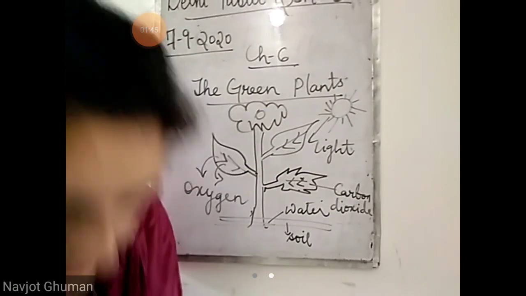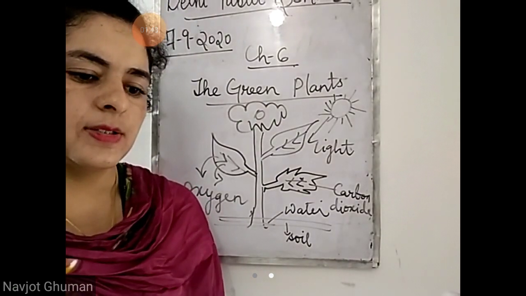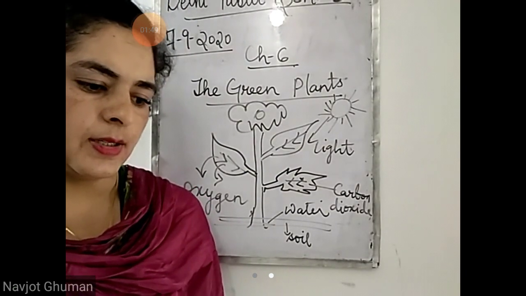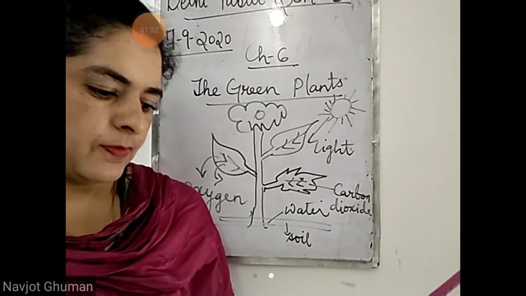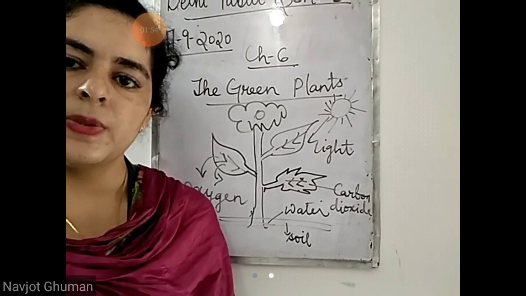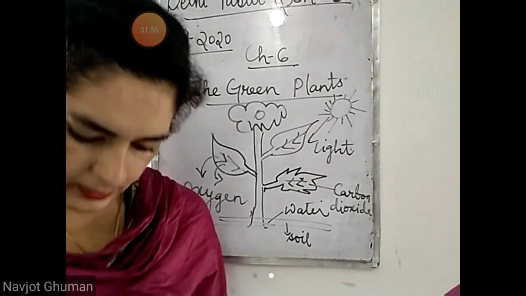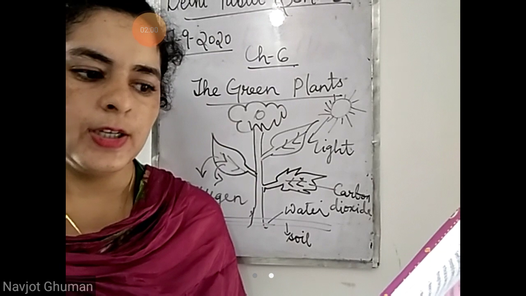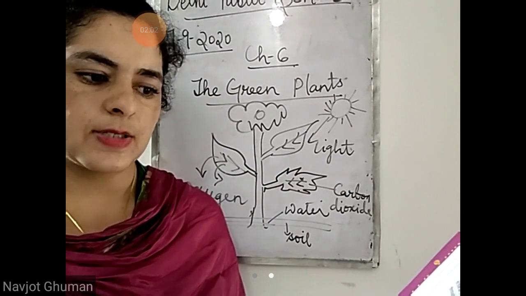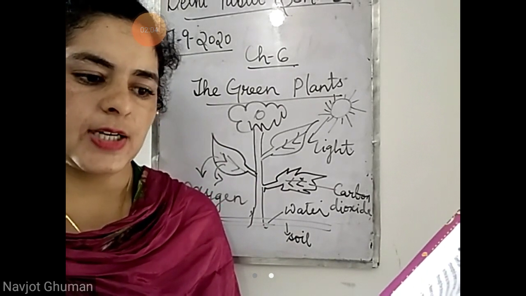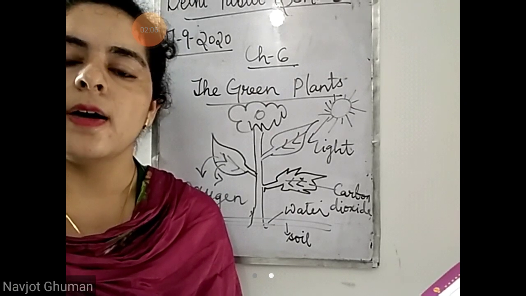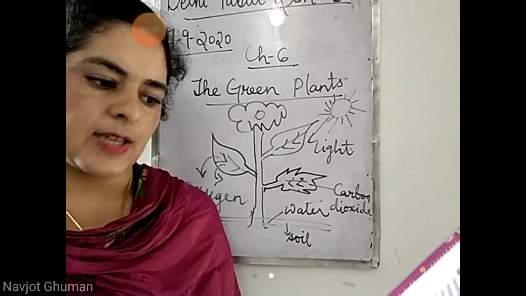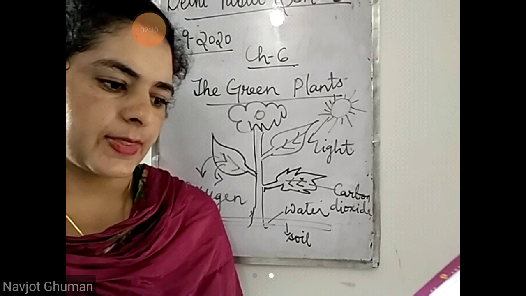So till now we have read about the raw materials they require and where they are coming from. We are on page number 68. Open page number 68 of your book. Now what are we going to study? How do leaves make food? We have read up to the first 3 points, till carbon dioxide is taken in through stomata. Now the rest, the second part of this topic.